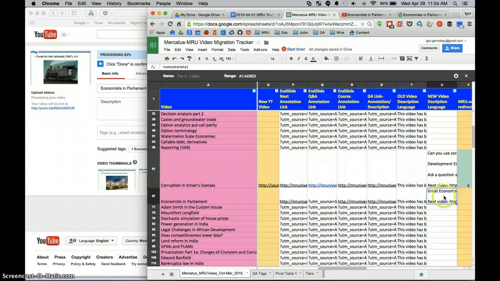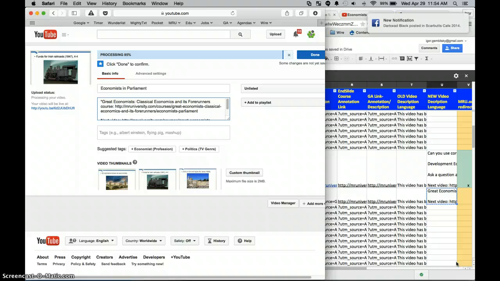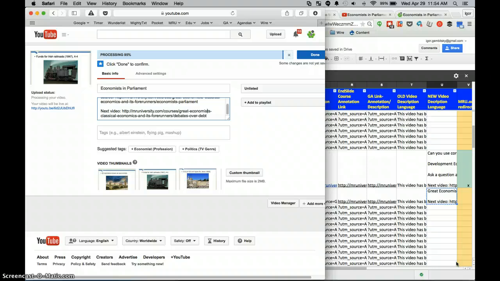Just single click, don't double click. Single click on the cell and copy it, and then you can paste it right over here. And that will paste all of the links that you need and everything. It'll just build the whole description for you based on the things you've added into the other columns. Okay? When you paste, for some reason it adds quotation marks. So remove the quotation mark from the beginning and from the end, and then you have the description already, okay,